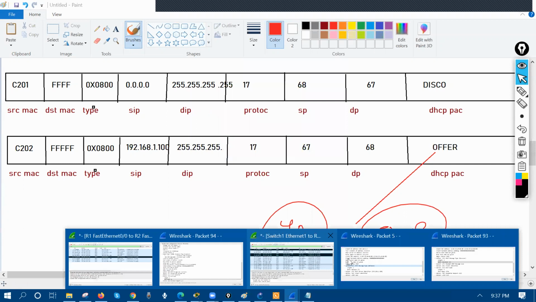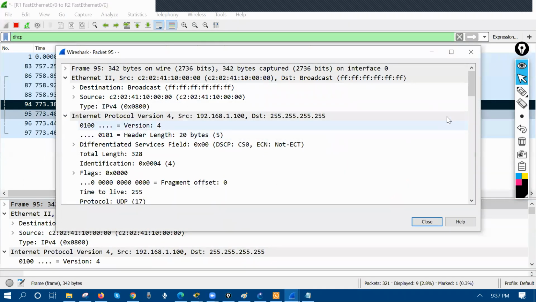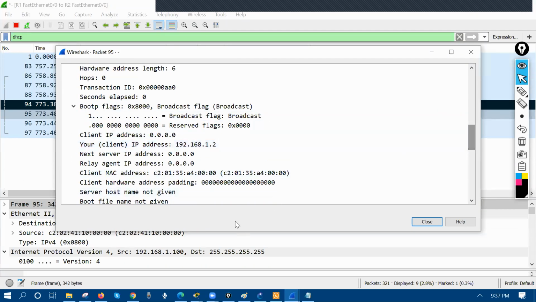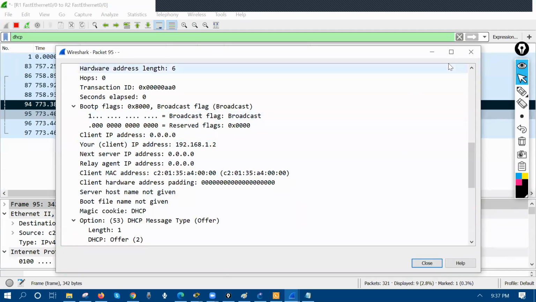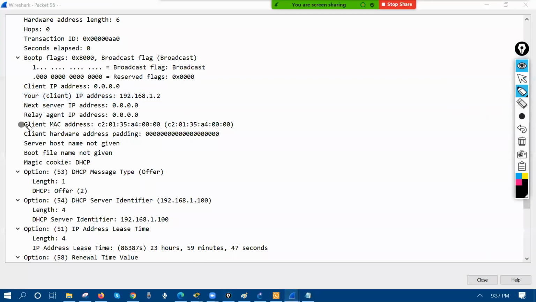So if you see the offer packet, see this part, Nazim. This MAC address is present. So based on that MAC address, they will receive the packet, right? So now if you see,